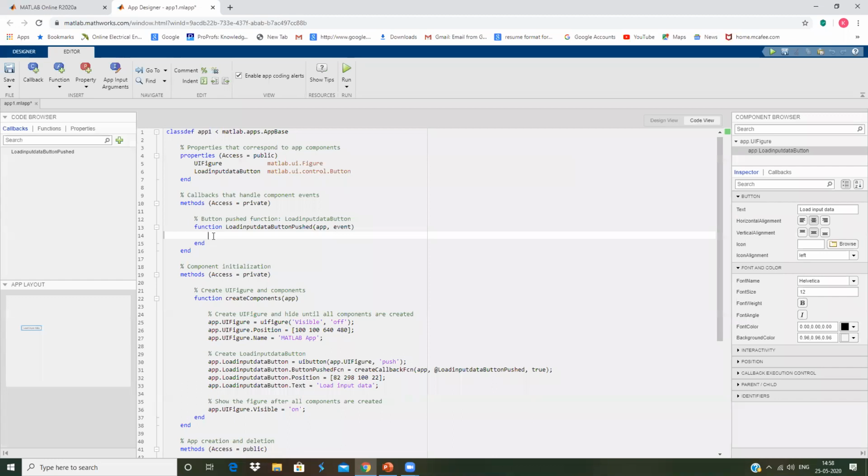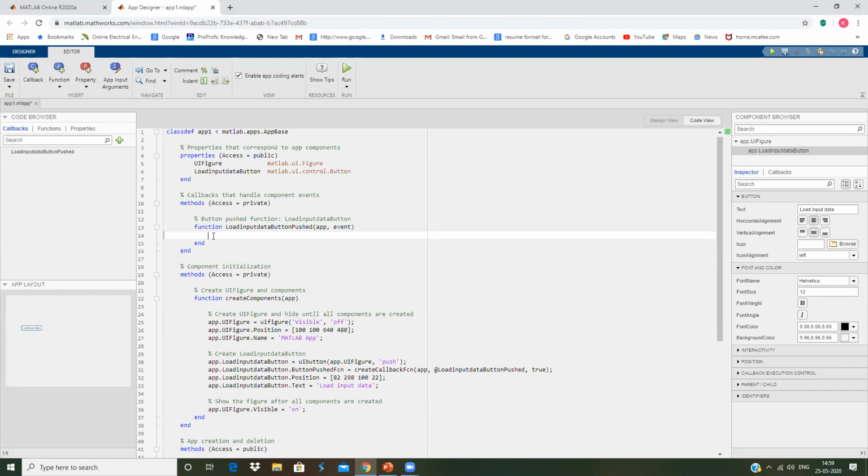Again, I already told there are two ways to load data into MATLAB. One is to have a file in the mat format and use the command called load, which will directly load your mat file into MATLAB. The second is to have the data in an Excel file, read that Excel file, and load it directly into MATLAB. That is the second way. Now, one limitation with the MATLAB app is that we can't use the load option here. So what we can do is read the data in the form of Excel.